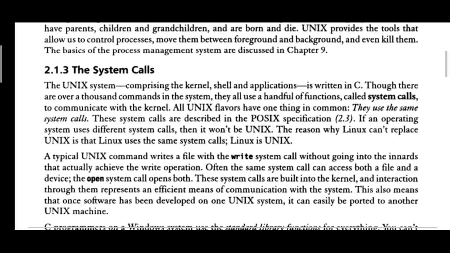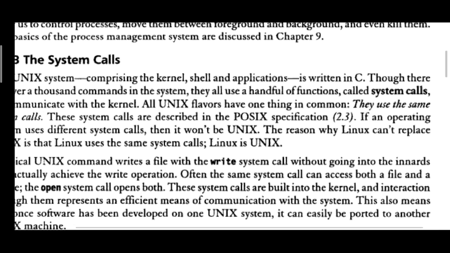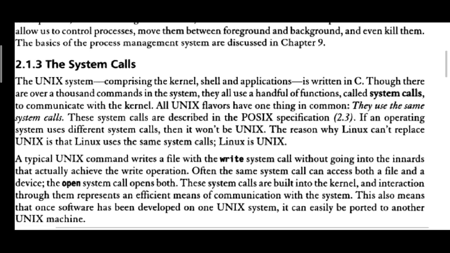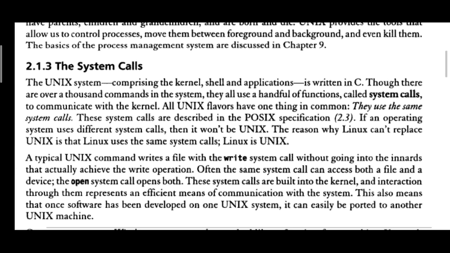Interaction with the kernel can be done with the help of functions called system calls. All Unix flavors have one thing in common: they use the same system calls. These system calls are described in the POSIX specifications, which we will be discussing later.